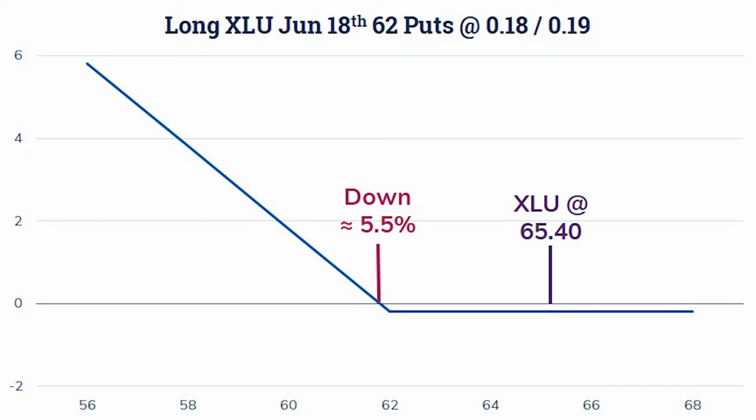So I went out and I took a look at where volatility is cheap. Were there any long option trades out there? Anybody taking advantage of it? And with the XLU utilities trading at 65.40 this morning, somebody came in and bought 800 of the June 18th 62 puts for 18 to 19 cents. There's a little bit of a buffer before this trade starts to break even, but also worth noting is the XLU was already down 1% on the day when this trade went off. So somebody's really concerned about lower utility prices or speculating that utility prices are going to move lower.